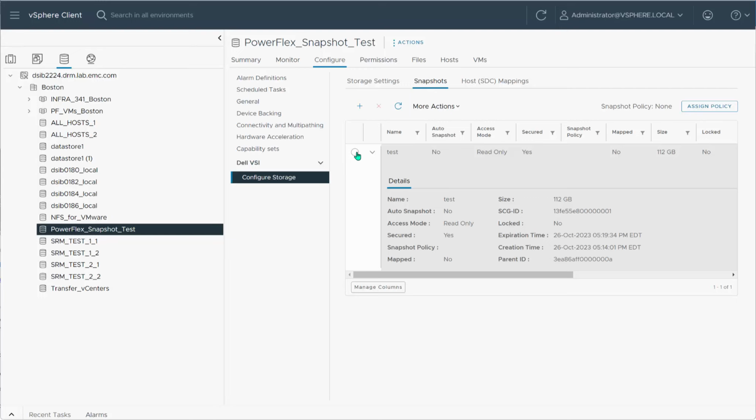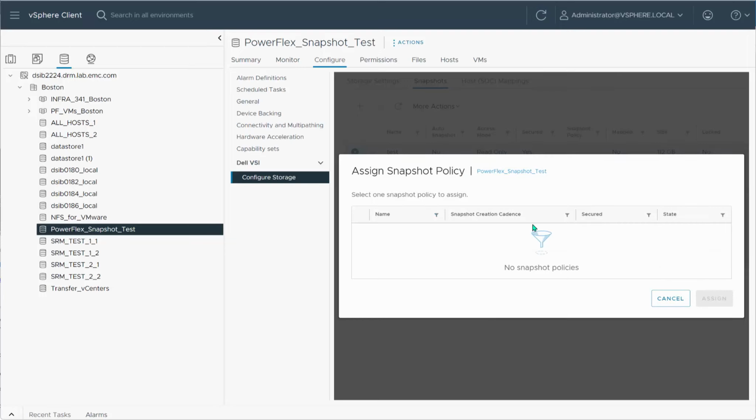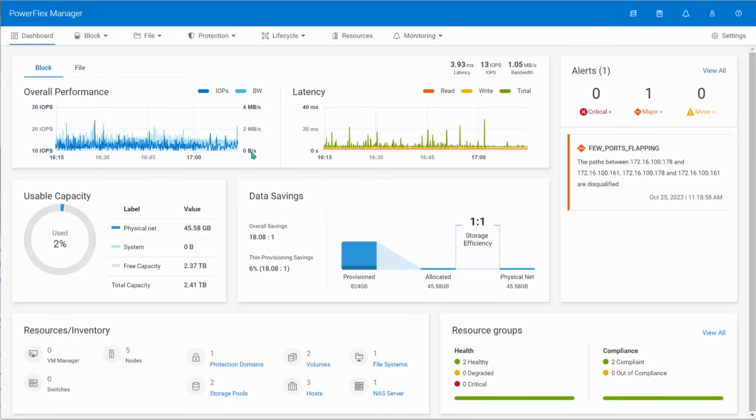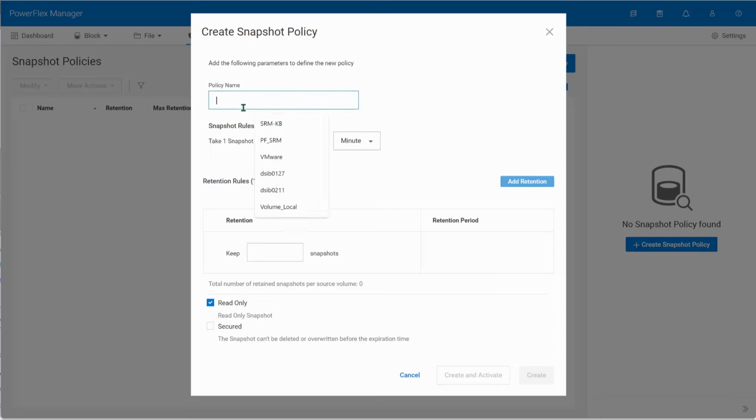One other thing we can do here, besides just a deletion, if it's not a secure snapshot, is to assign a policy, basically saying I want you to do a certain cadence. Now, for the policies, there's no ability to create one in VSI. So we'd have to hop out from here and go to our other UI, which is the PowerFlex UI. If I go to snapshot policies and create one here,